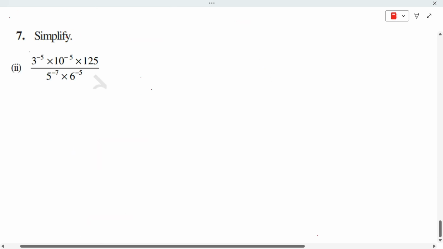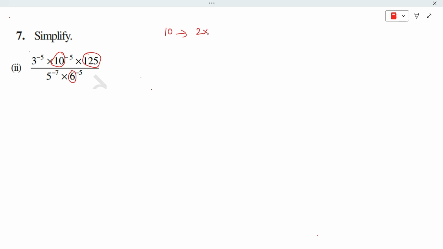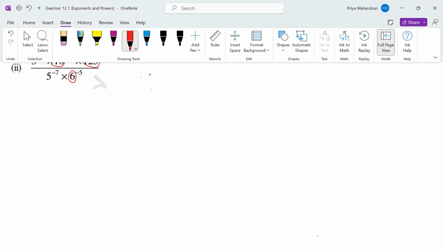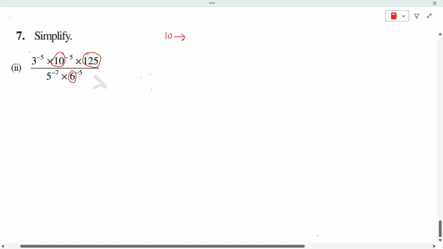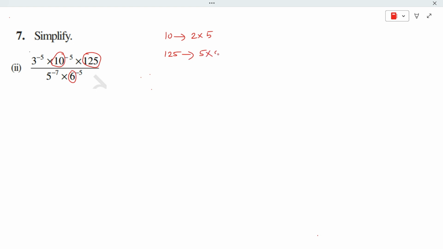Let's do the second sum. So identify the composite number, that is my first step, right? So I identified there are three composite numbers and I'm going to write all composite numbers in product of prime factors. I'm going to write all the composite numbers as a product of powers of a prime factor. 10 can be written as 2 power 1 into 5 power 1 or 2 into 5. 125 is written as 5 into 5 which can be expressed as 5 cube, and 6 is written as 2